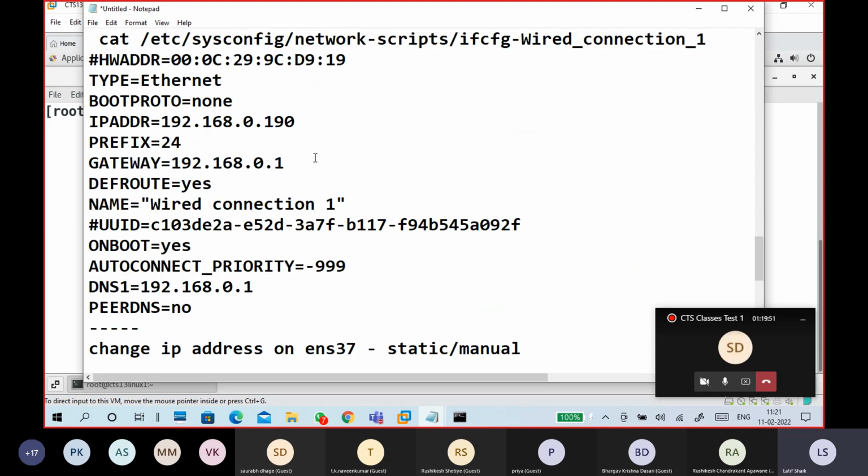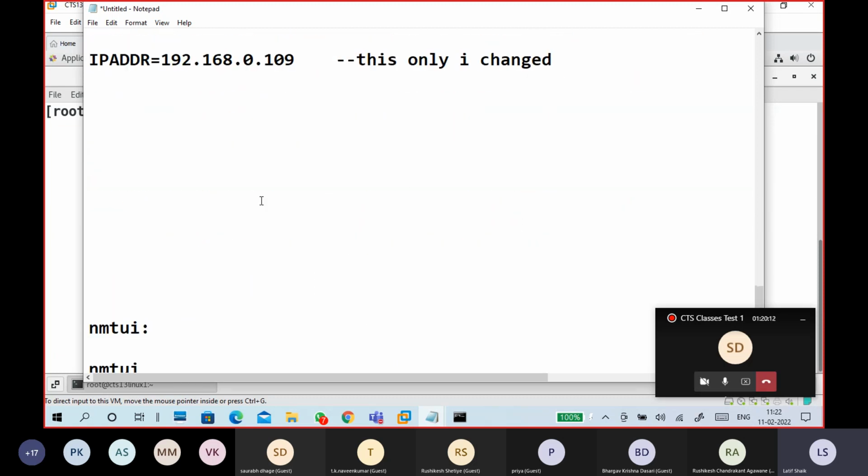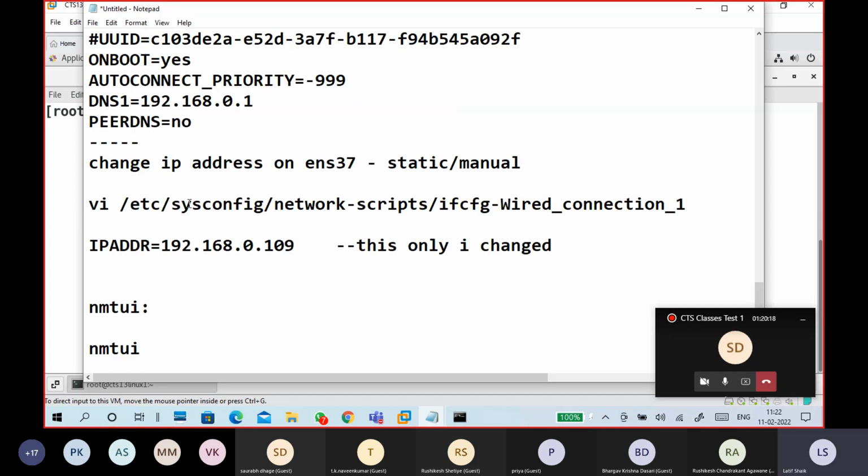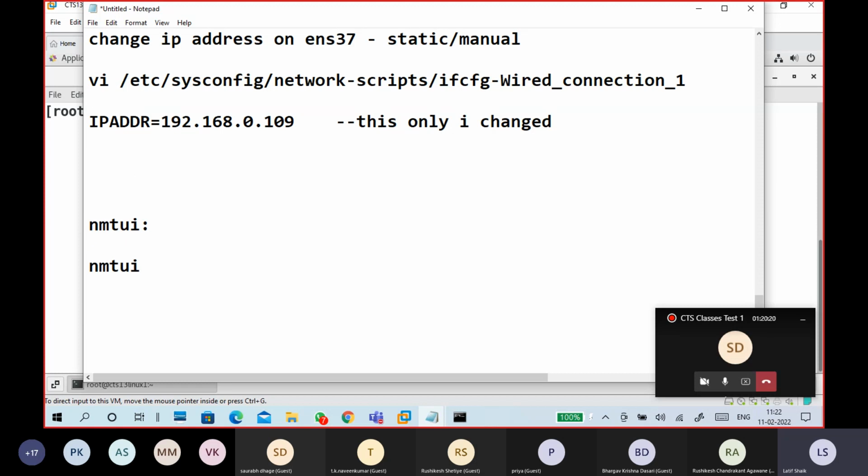It depends upon you. For example, this is class C, but if you want to change it to a class B type of IP address, a 172 type of address, you put 172 here and the prefix will change. Then you are changing the entire network, not only the IP address in the current network. That is important, so be careful. I am not going into that much depth here. Once that is done, what did I do? ifdown ens37, ifup ens37.